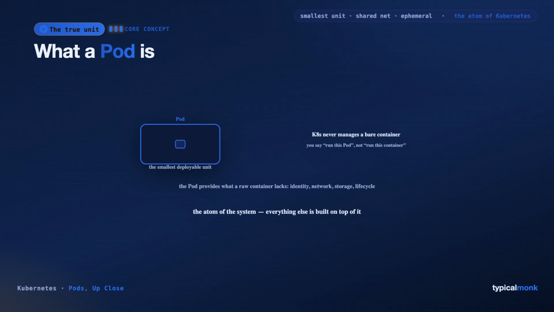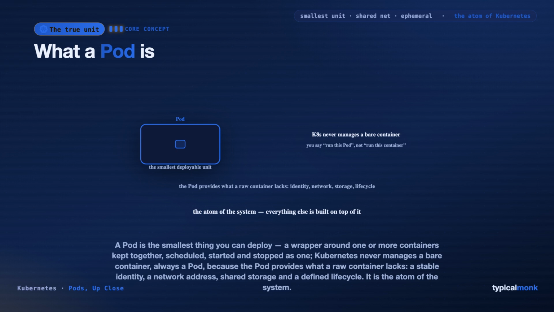It is the unit Kubernetes can reason about, and everything else is built on top of it. Grasp that the pod is the true unit, and the mental model clicks. So the takeaway: a pod is the smallest deployable unit in Kubernetes, a wrapper around one or more containers kept together, and Kubernetes always schedules and manages pods, never bare containers, because the pod provides the identity, networking, storage, and lifecycle